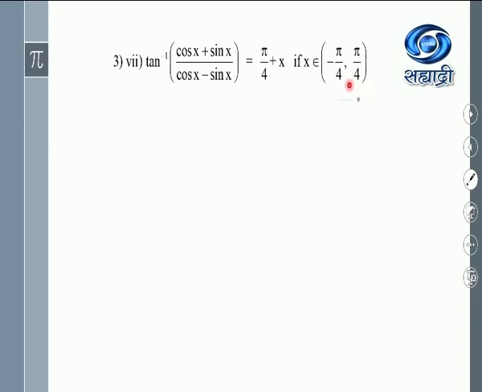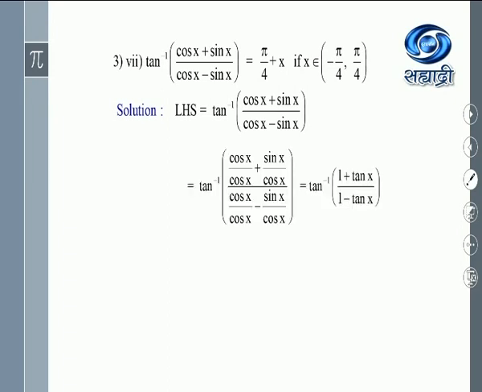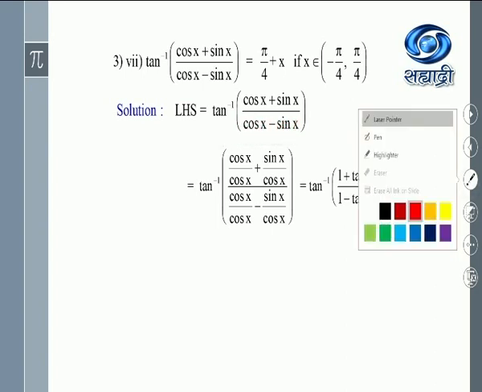Okay. Now we think about the condition later on. Before that, we start with LHS is equal to tan inverse of (cos x plus sin x) upon (cos x minus sin x). Now you must be very perfect in all the trigonometric formulae that you have already learned in standard 11. Now to this bracket, we operate in such a way that we will get this term as tan of something, so that we can use the property tan inverse of tan theta is equal to theta.